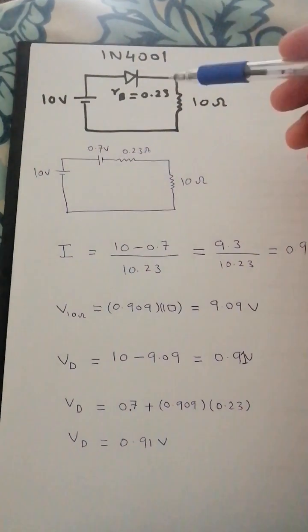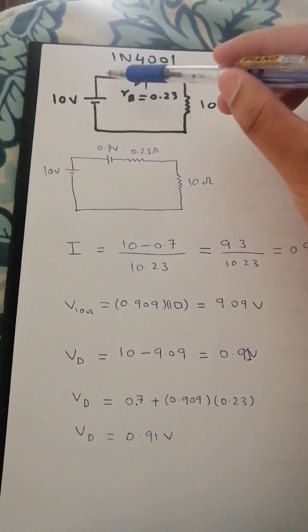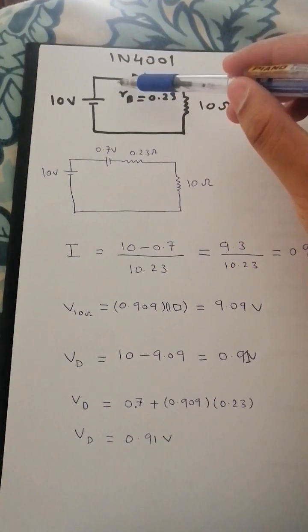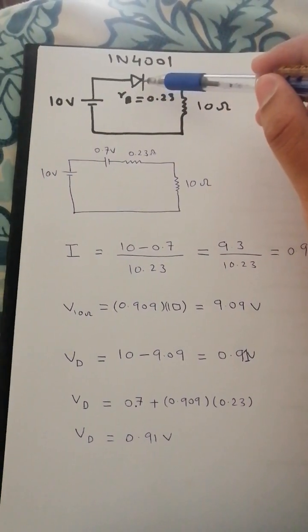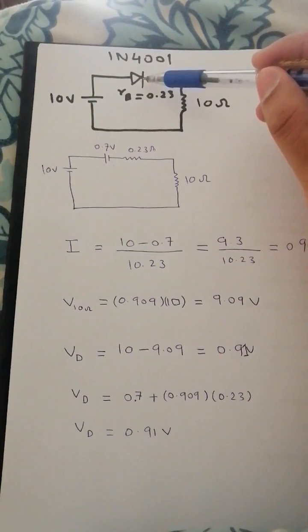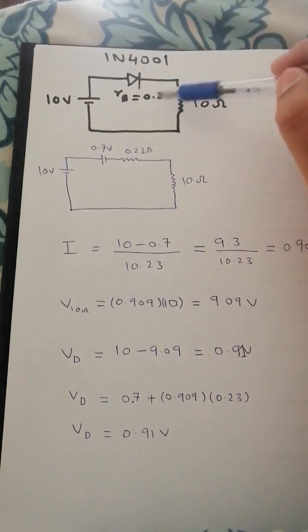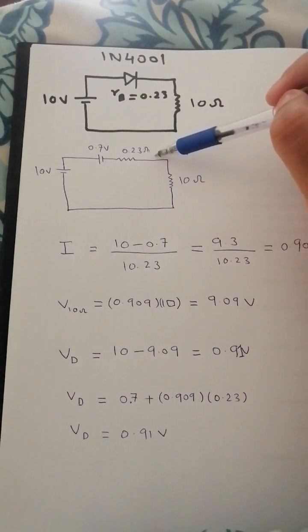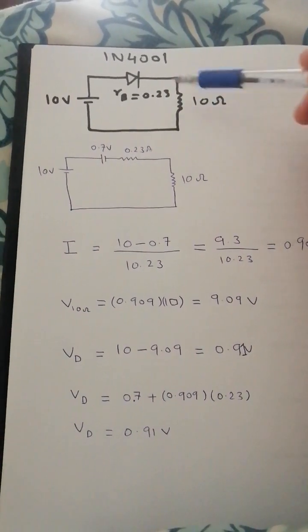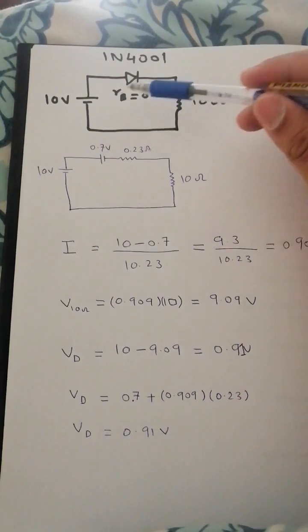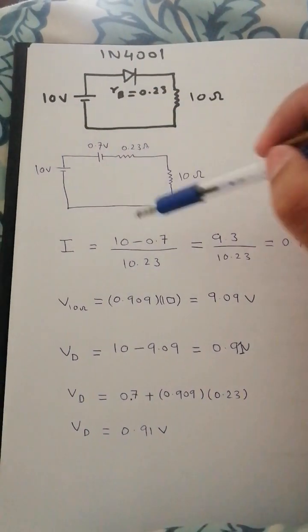So as we see that the current will flow and the current has to face the 0.7 volt voltage barrier across the diode, and then the diode has a 0.23 ohms bulk resistance, and then we have a 10 ohm resistance all connected in series. Applying the Kirchhoff voltage law, we will apply the KVL, and you can see that here